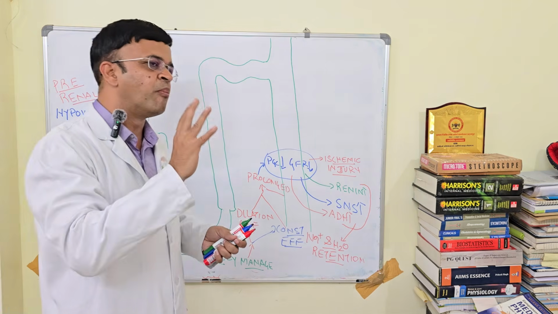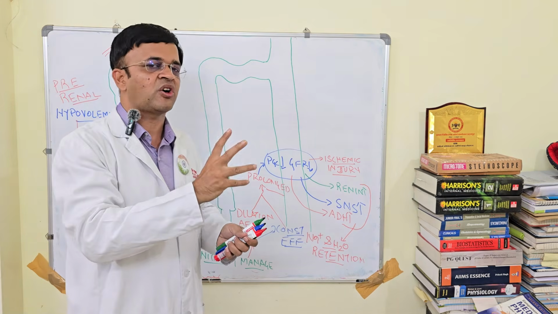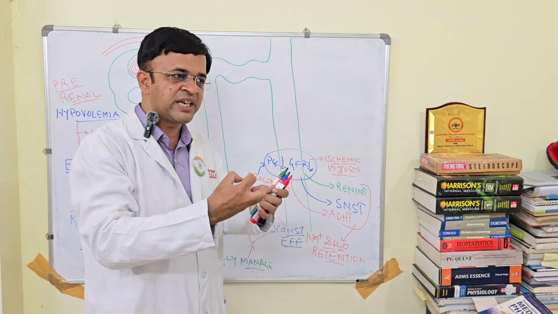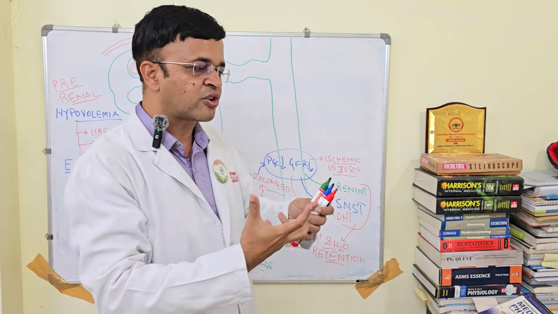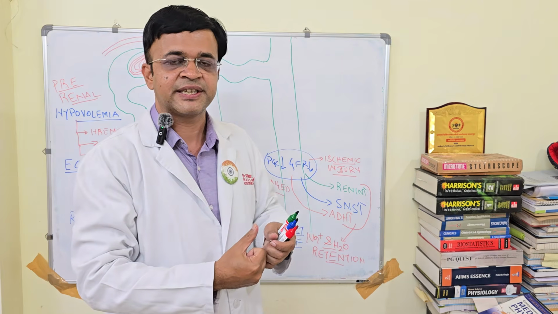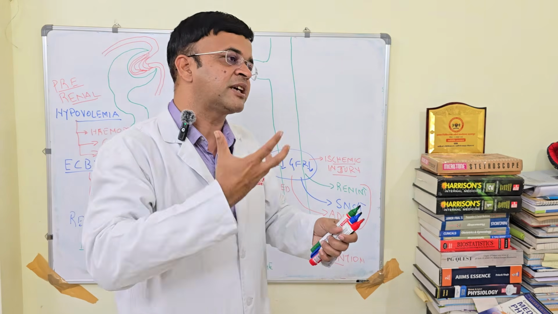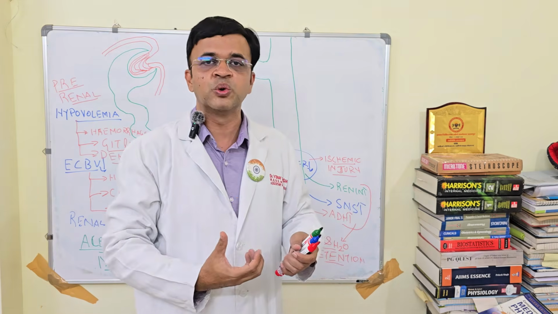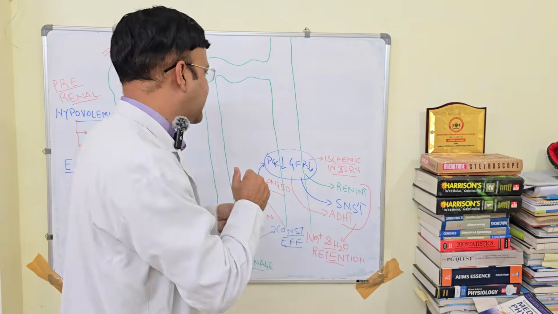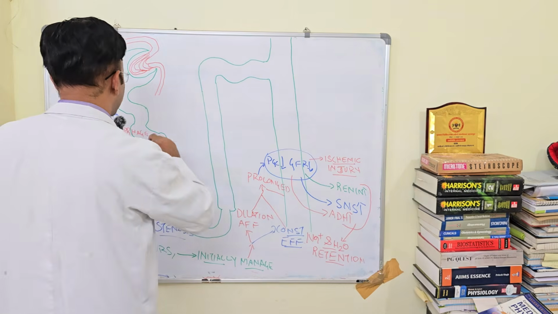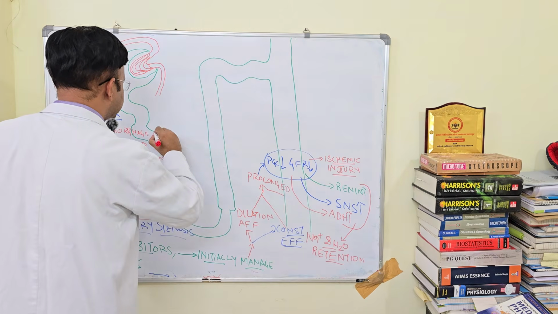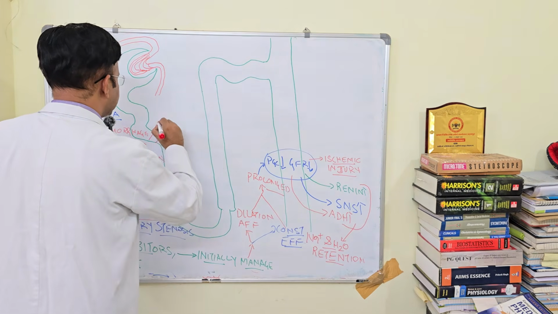PCT is metabolically the most active part of the nephron. And since it is metabolically active, it needs a lot of oxygen, right? And since it is metabolically so active, it is the part which is most vulnerable to hypoxia, especially the S3 segment of the PCT, right? The S3 segment,